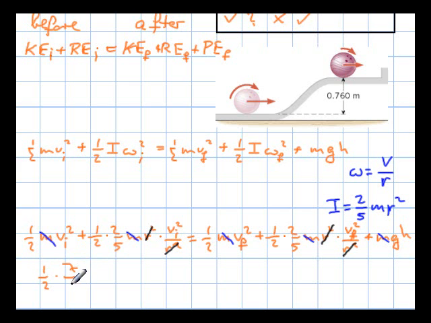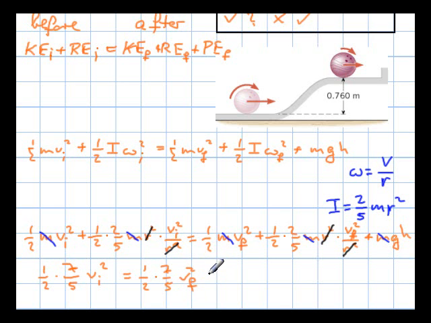You know, when you add 1 to 2/5, then you come out with 7/5, and you would have to understand this for this class. You know, I'm doing physics here, and you would have to understand the math, definitely. In fact, I was even considering just writing this down with all the r's and m's, and let you do that, because you're supposed to understand that. And then on the other side, I have 1/2, and again, it's going to be 1 here, which is 5/5 plus the 2/5 over here, 7/5 v_f squared,